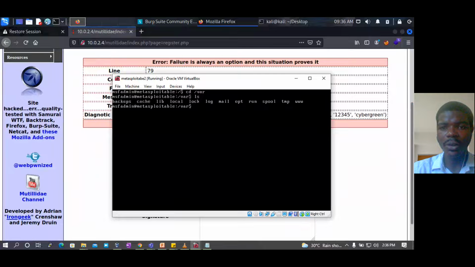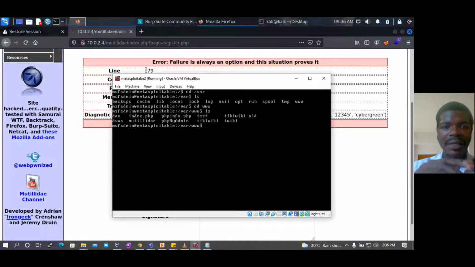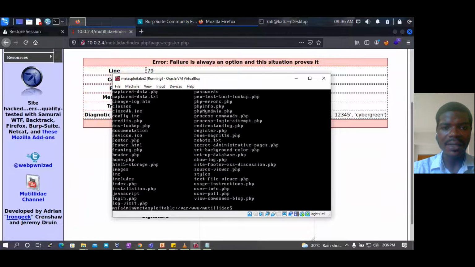You can see www, right? I'm going to cd into that, cd www, and I'm going to ls again, and you can see we have mutillidae. Where I'm going to do some configuration is under mutillidae. I'm going to cd into mutillidae, right? Then ls again. The configuration file we want to configure is config.inc, right? To do that, I'm going to type sudo nano. Nano is a text editor, right? Sudo nano